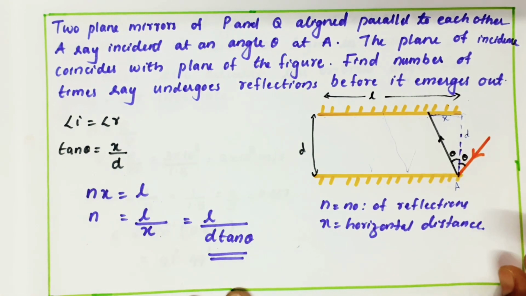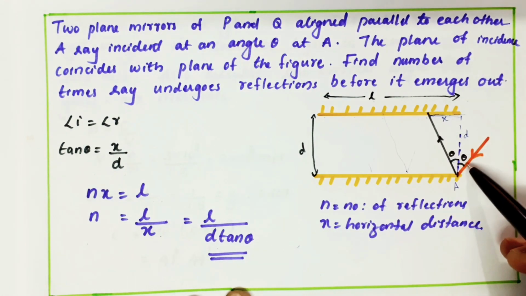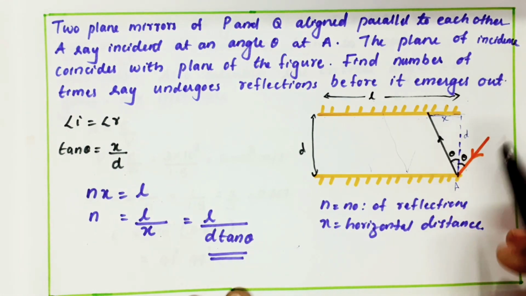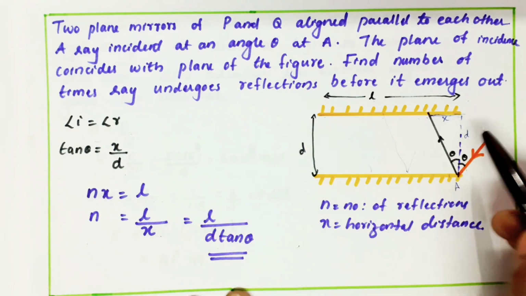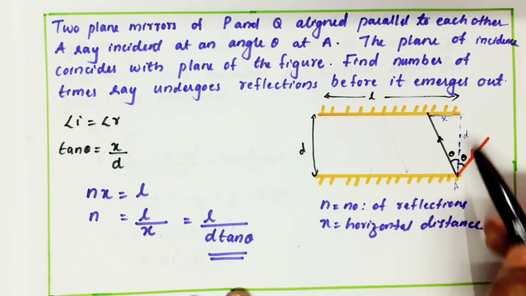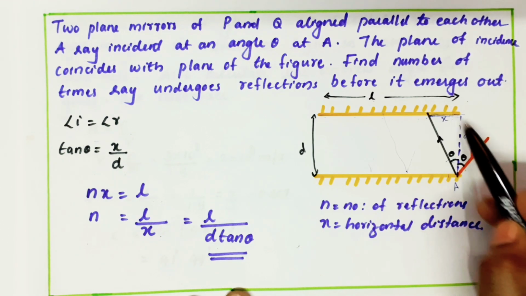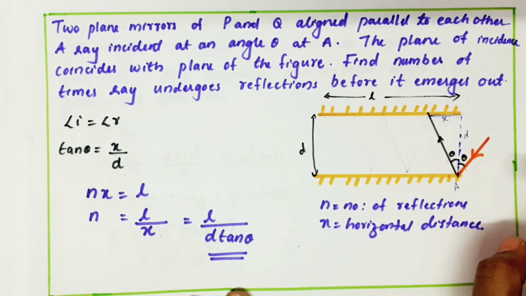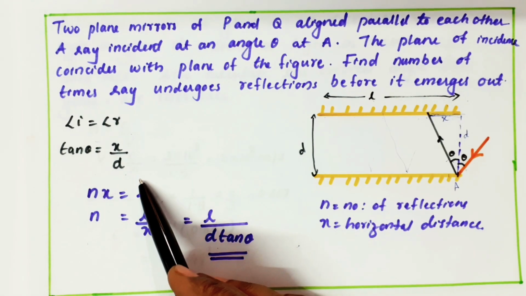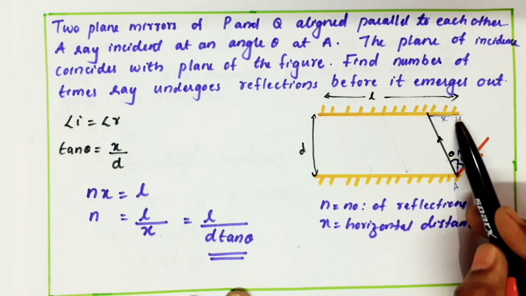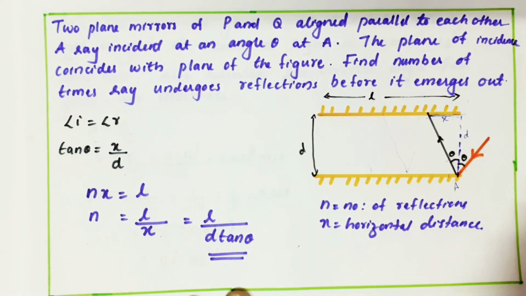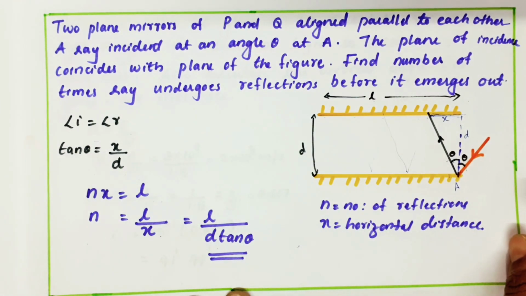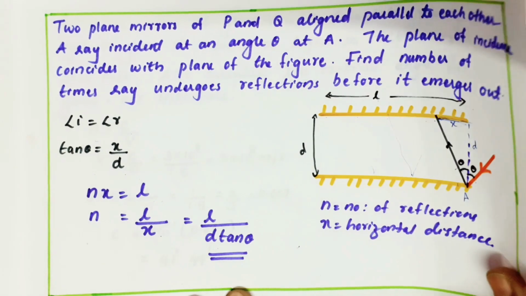This question you can see in many exams. They might give the value of theta. So the simple formula: use the principle that angle of incidence is equal to angle of reflection. Find out this distance with the help of this theta; this is the opposite side and adjacent side. Take the tan theta relation: tan theta is x by d. Then this is x. Like that, how many x are there in this L? Total distance is L, so we have written nx equal to L. Next.